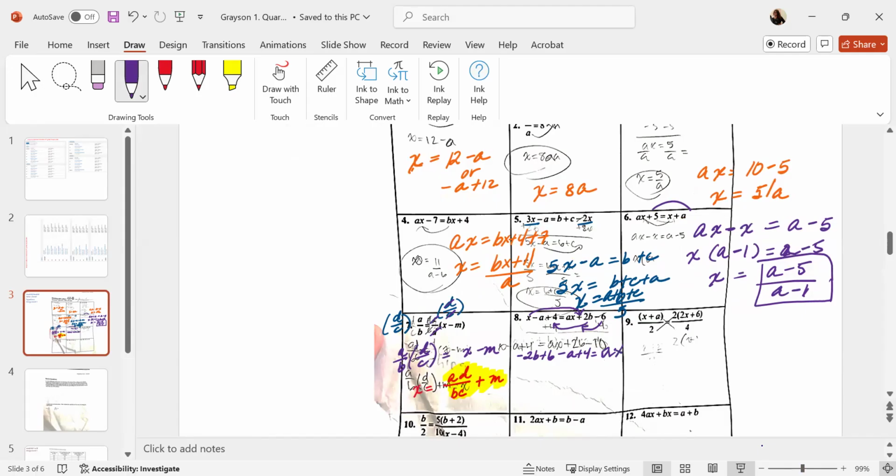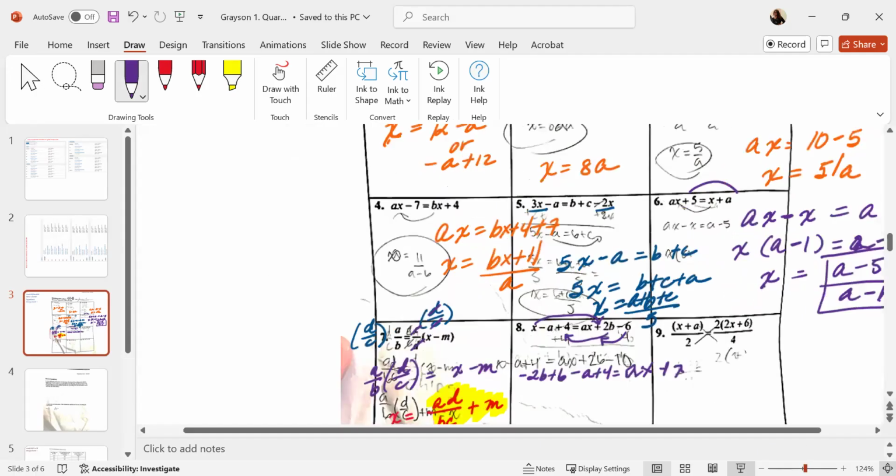ax plus x. Does that make sense? So this is very similar to 6. You see how we ended up right here? So if I factor out this x here,